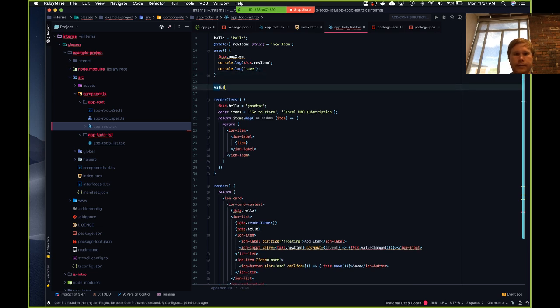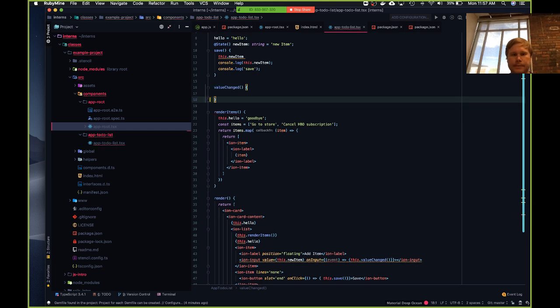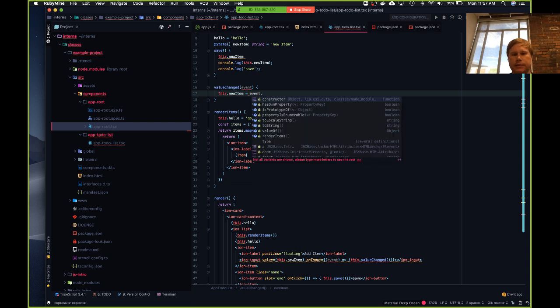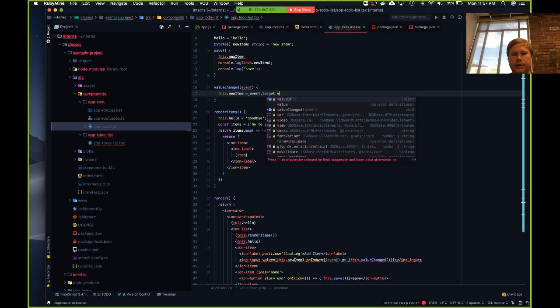It's just like value changed, and then we can here just do this dot new item equals event dot target value,